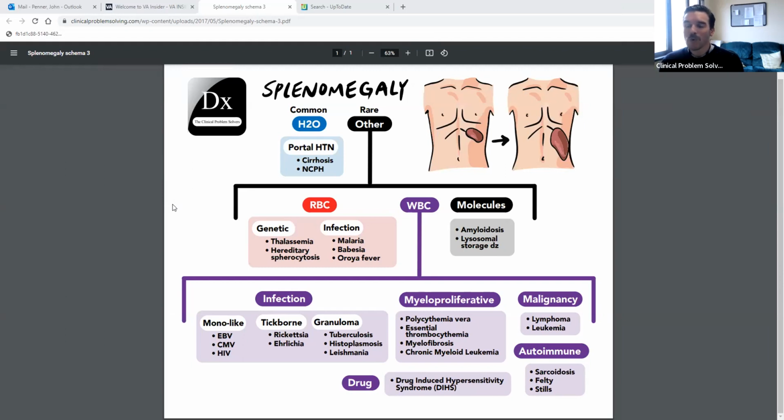So then the question is, well, what do we make of the other findings on the CT scan, right? The moderate ascites and the small pleural effusions are probably related to the underlying hypoalbuminemia, or at least that's how I'm putting them together at this point in time. So really the question then becomes, well, what could be causing these hypertrophied gastric folds? And I think that there's a couple of things that can come to mind here, right?